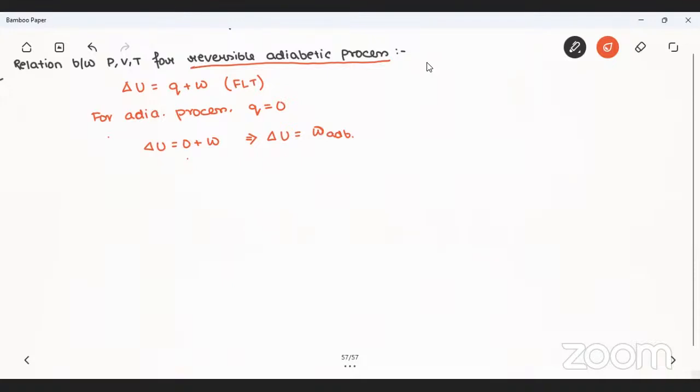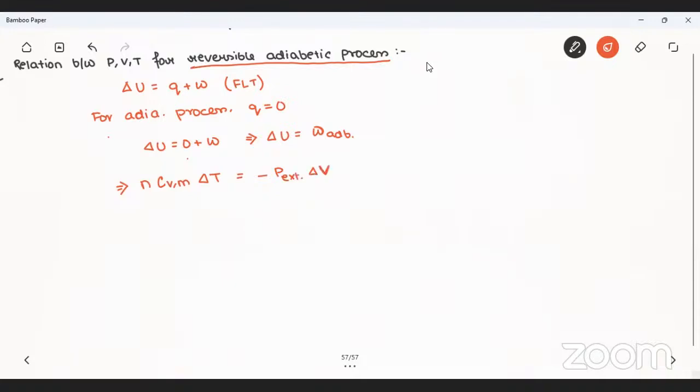Right. Now, in yesterday's class, we know that delta U is what? n CVM delta T. And what is this W adiabatic? Minus P external